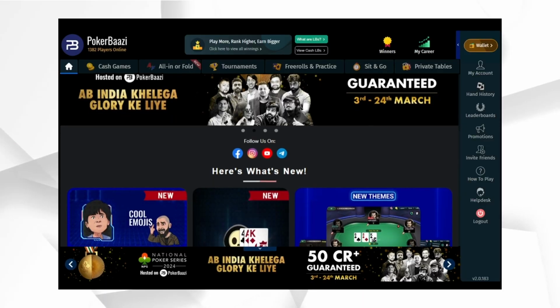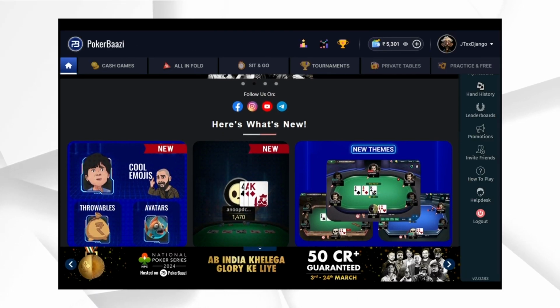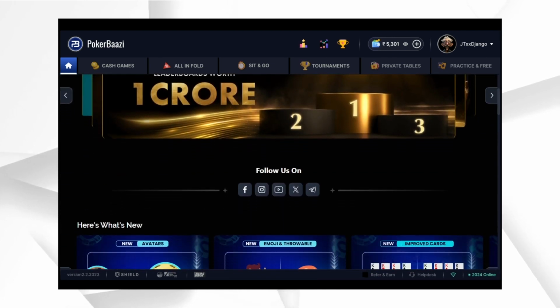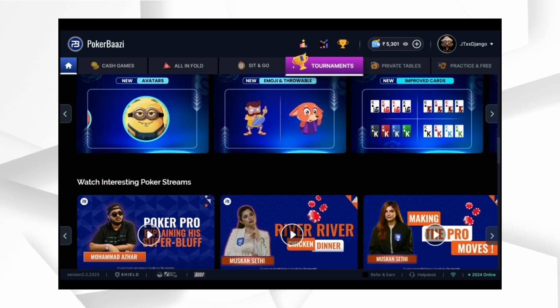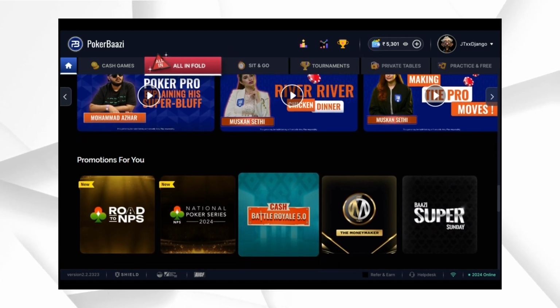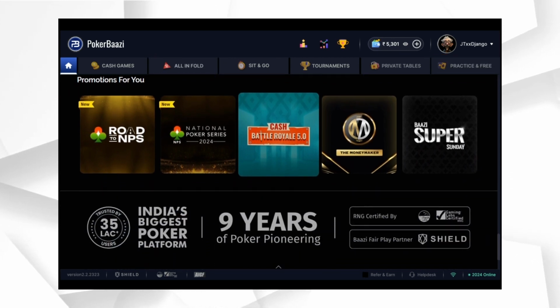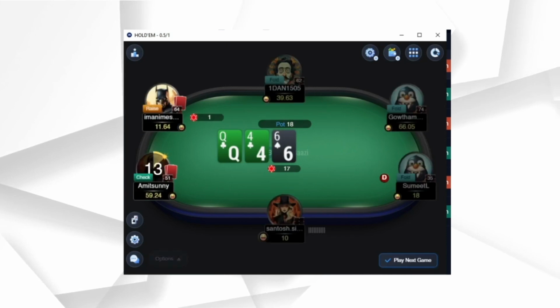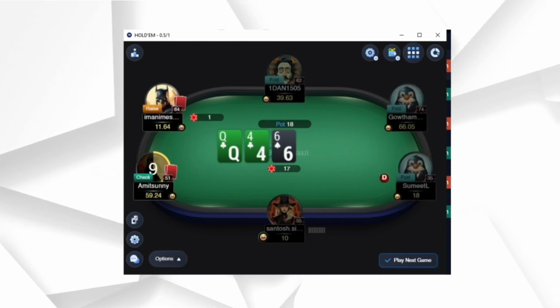The preferred grind station of our professional poker players is the desktop client. Our recent developments in the Pokerbaazi desktop app were brought upon by tuning carefully crafted variables that impact a user on the desktop. We've decluttered the app massively to allow you easy access to different sections of the app. The desktop client is now more coherent and intuitive, and the experience has seen a major upgrade both visually and